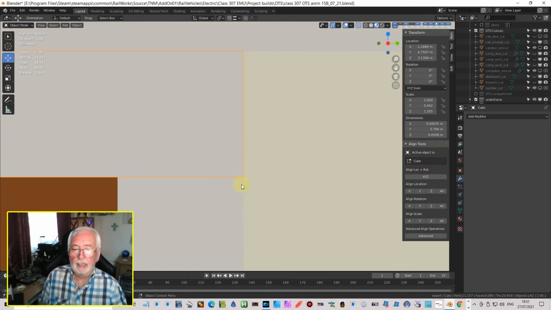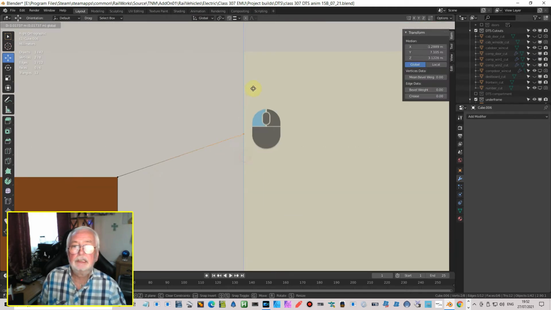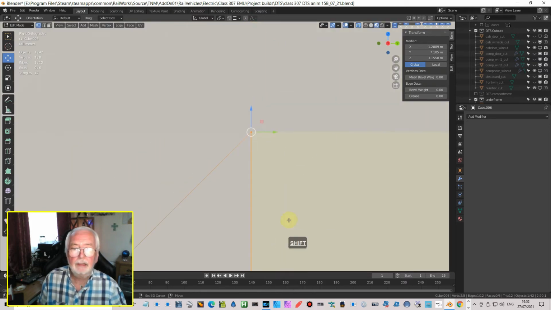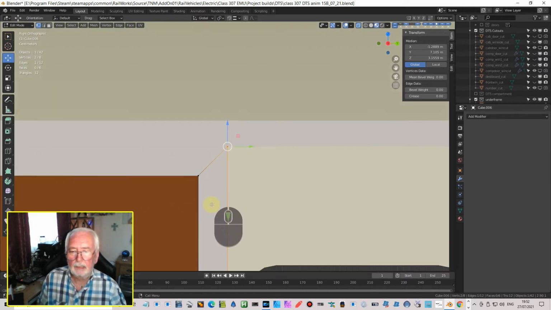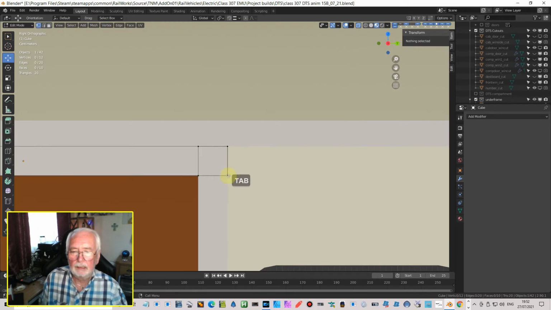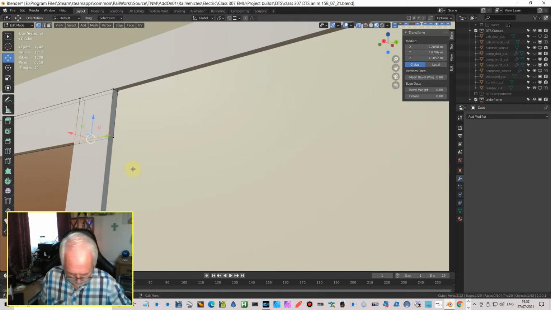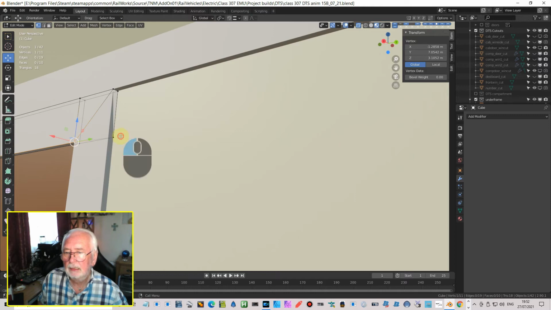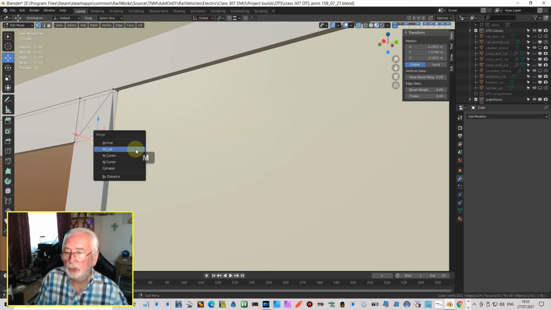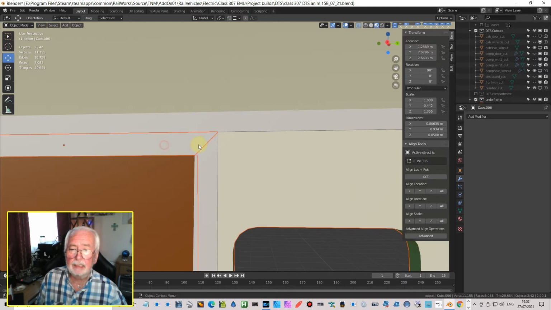So what we want to do then is basically, let's go here, let's grab those vertices and bring them up to here. There we go, and just line them up. There we go, and that's about right. Okay, so that's the mitre on that one. Let's do this one. Okay, let's select those two parallel points and go M, and let's do it again, M, and merge at last, which is this one here. Same one here, that one and that one, and then merge at last. There we go, and now that is diagonal. Okay, so there we have it. There's the mitre join